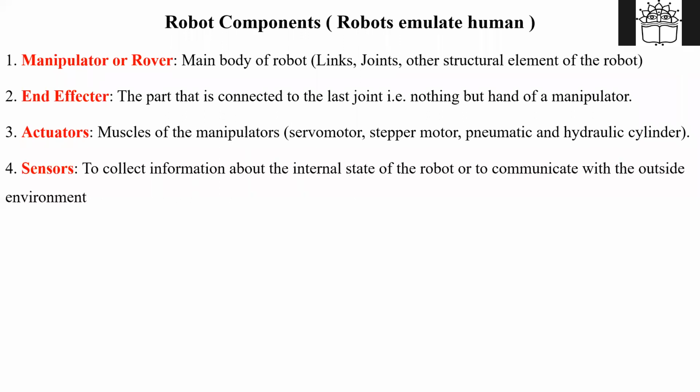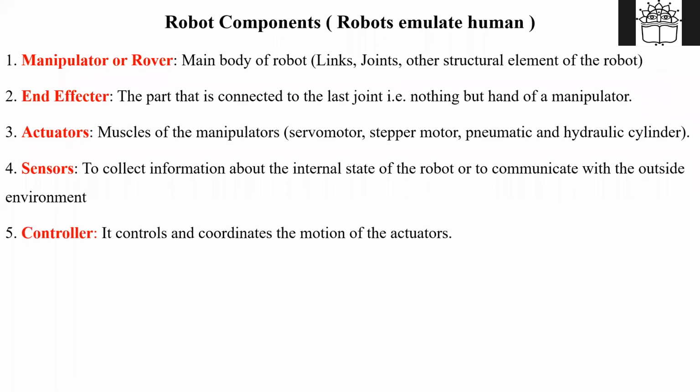Then a very interesting and very important part of a robot is the sensor, right? Now, what this sensor does is it collects information about the state of the robot. It may be a temperature sensor, it may be a pressure sensor. N types of sensors are there, right? For example, being a human, we have 5 sense organs. Which are those? One is the ear, right? We hear with the help of the ear. Eyes are there. We see with the help of eyes. So similarly, cameras are there in robots, right? We smell with the help of the nose. We taste with the help of the tongue, and we feel with the help of skin. So similarly, this kind of sensors are also there in robots.